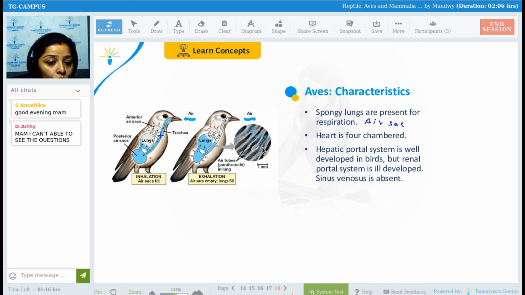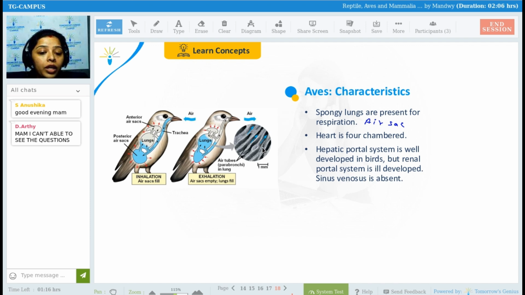During the movement from the trachea to the air sac, some of the air also diffuses to the lungs. So for the entry of the air into the lung, they have two ducts: one directly connected to the trachea and one connected to the posterior air sac. After that,